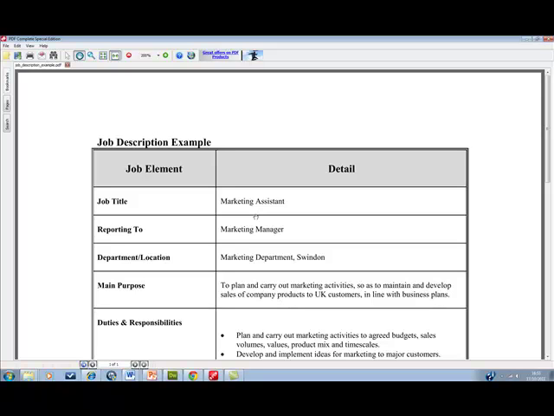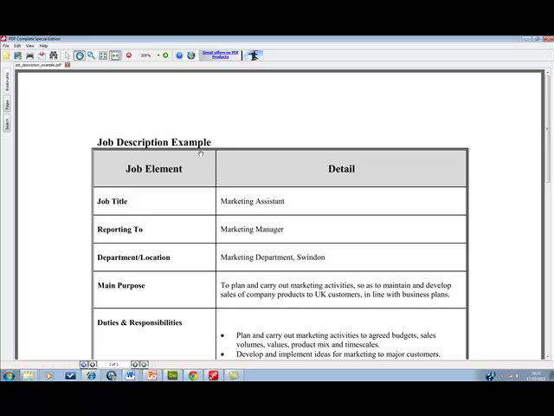The first thing that you need to do is to actually get a copy of the job description for the role you're applying for, and you can do that in a number of ways. The most obvious way is to go on the website of the company that you're applying for, and they should have a copy of the JD or job description there on the site in the careers section. If they don't, then I would contact the human resources department or the company and actually ask for a copy of the job description, because it will allow you to prepare more thoroughly.